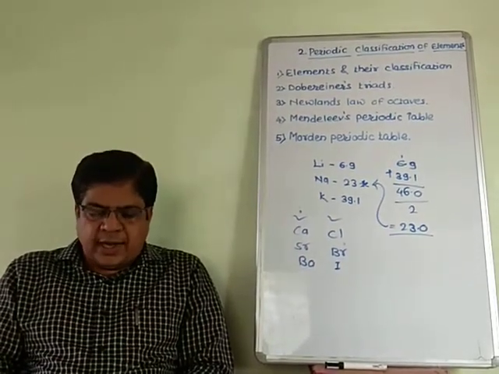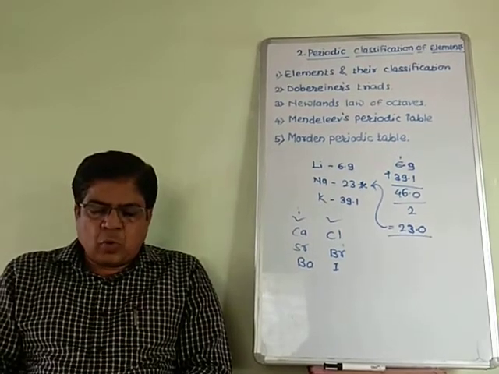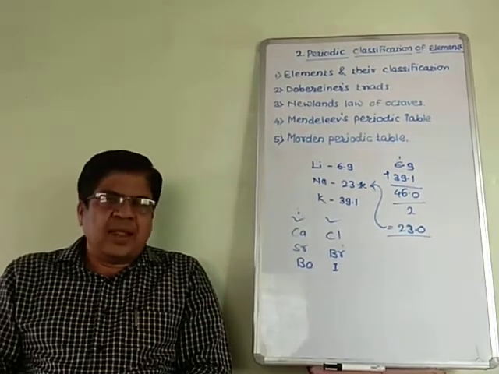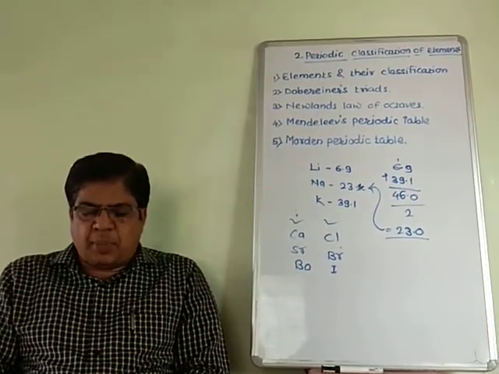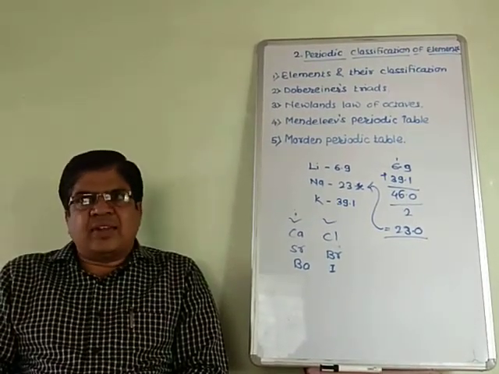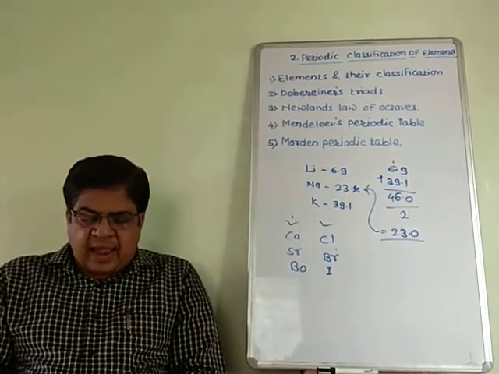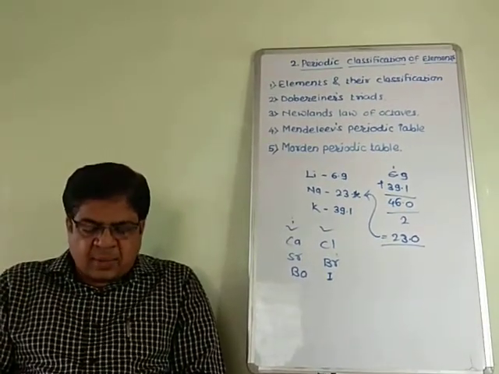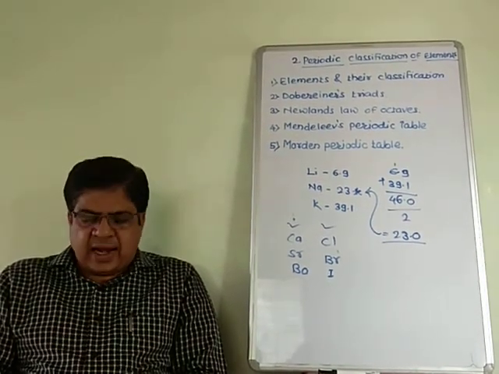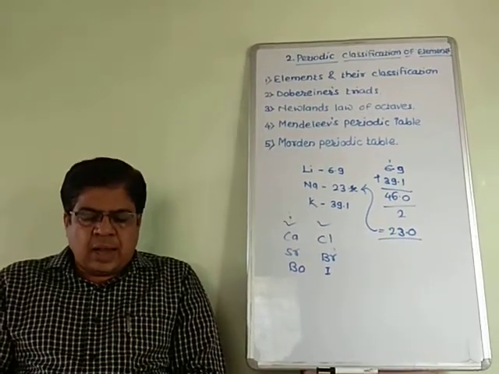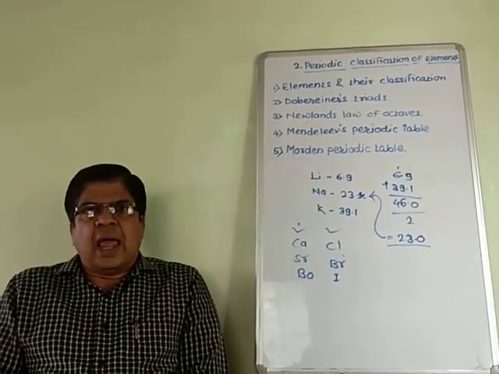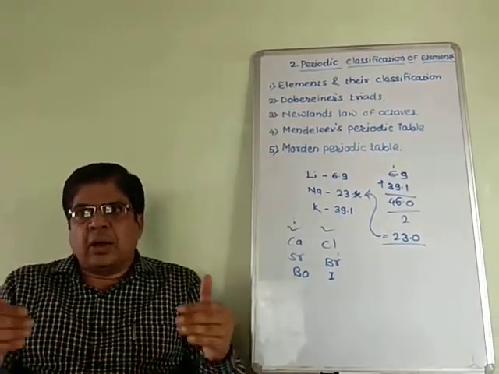Groups 13 to 18 form the P block elements. Groups 3 to 12 together form the D block elements. The 2 series, lanthanide and actinide, at the bottom of the periodic table together form the F block elements. D block elements are called the transition elements. A zigzag line is seen in the P block elements in the periodic table. Metalloid elements lie along the border of the zigzag line. All the metals lie on the left side of the zigzag line, while all non-metals lie on the right-hand side. I will clear this point again.